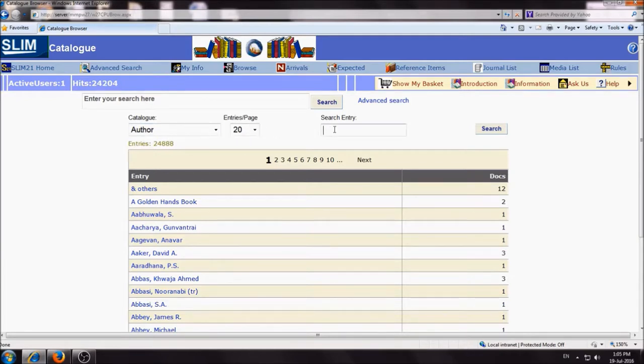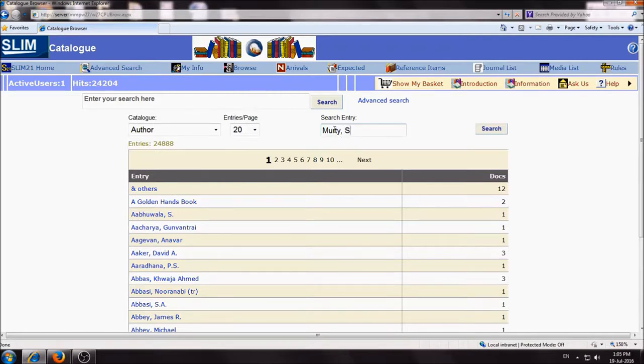This is the author's search entry page, and here in the search box I will have to fill in the name of the author of whose book I am searching. So let me think. I would like to see a book by the author, maybe Sudha Murthy, but there is a specific manner in which the name has to be entered. So that is called as the syntax, which means a manner in which the name should be entered.